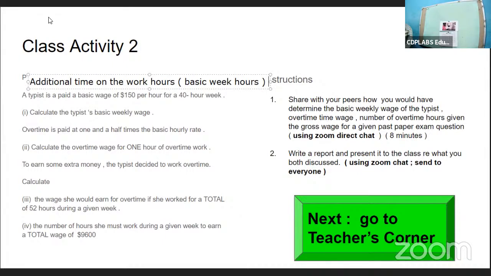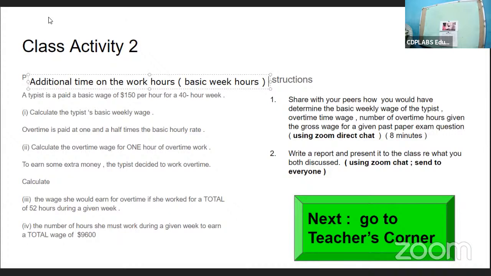Anyone? What does the word "times" mean there? Does it mean addition, multiplication, division, or subtraction? What does it mean? Nobody can tell me? Multiplication. Thank you very much, Initially. That's correct. Multiplication. So they are saying that overtime is paid when you multiply